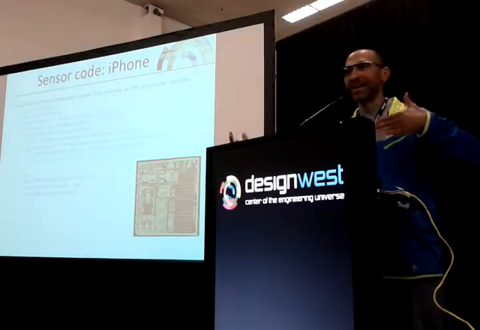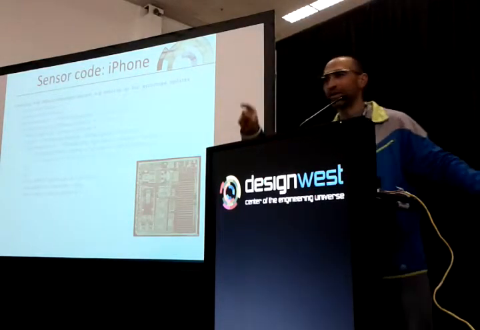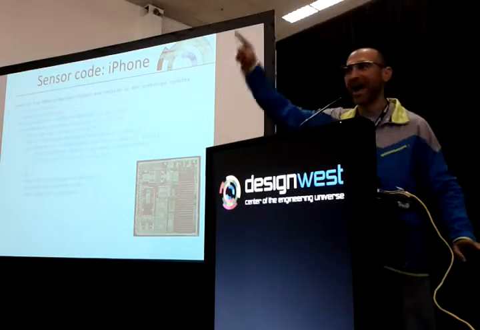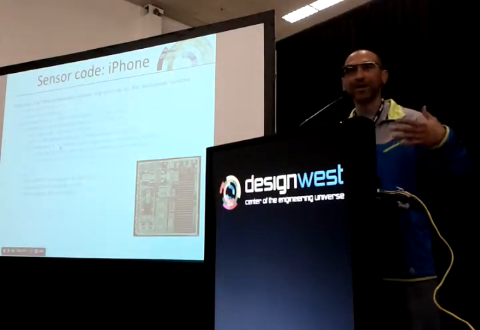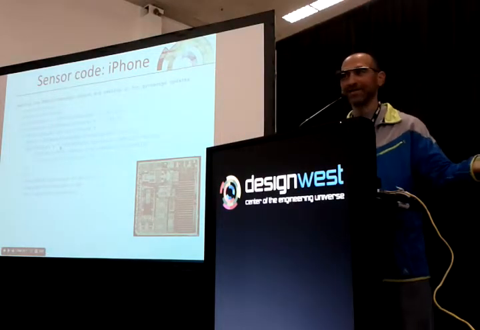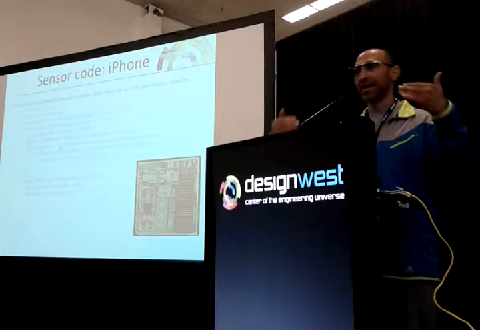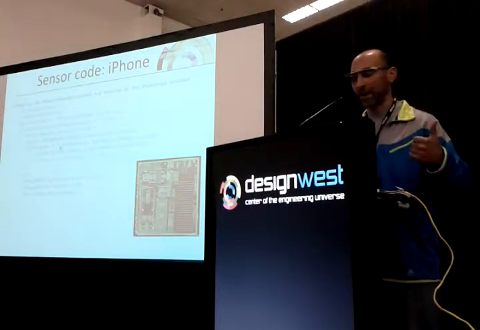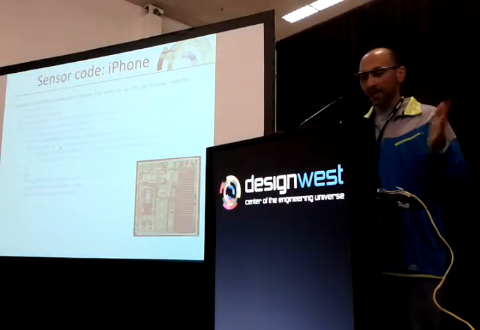iOS, for their threading, has these things called blocks. So if you see Objective-C code and you see a little hat, see that little hat up there? This funny little thing? That's an iOS thread. It's a block of code that's going to be put on a queue and it's going to be accessed at a certain rate.